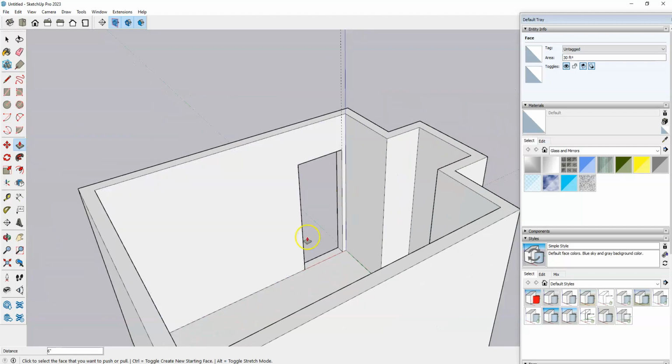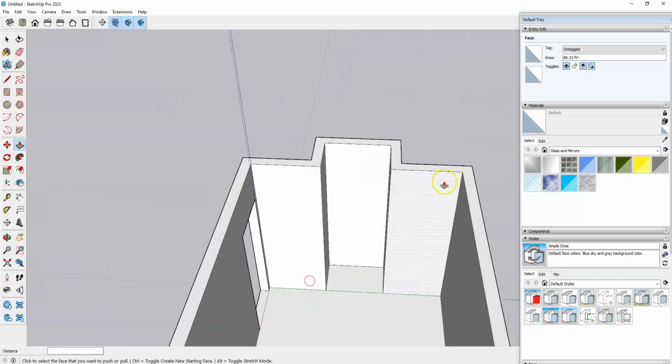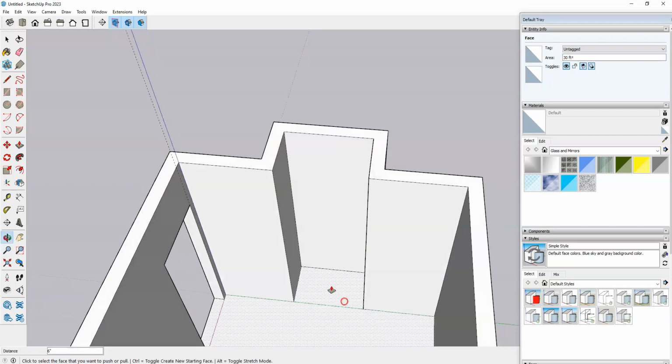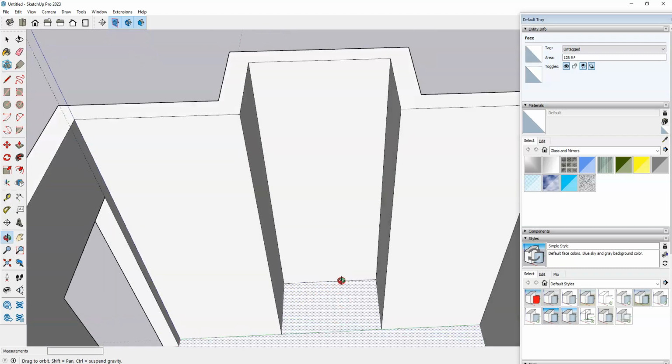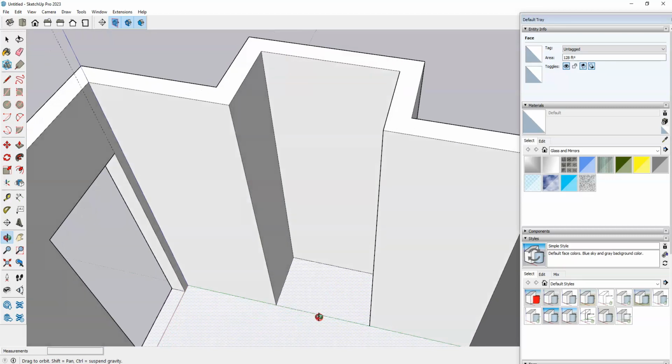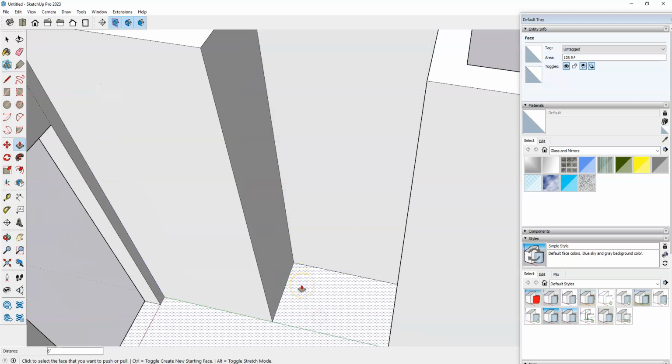We'll do the same thing for the window. So the window is going to be here inside this alcove. We're going to create guidelines that are 2 inches from the adjacent wall. It doesn't matter which side you start on because we're going to end up with 2 inches on each side of the window. I'm just going to go ahead and start on this left side,